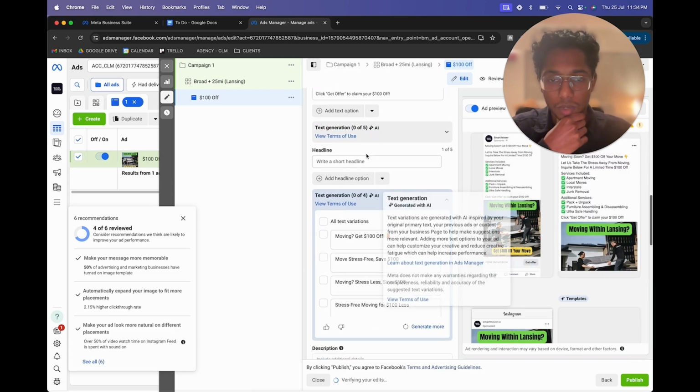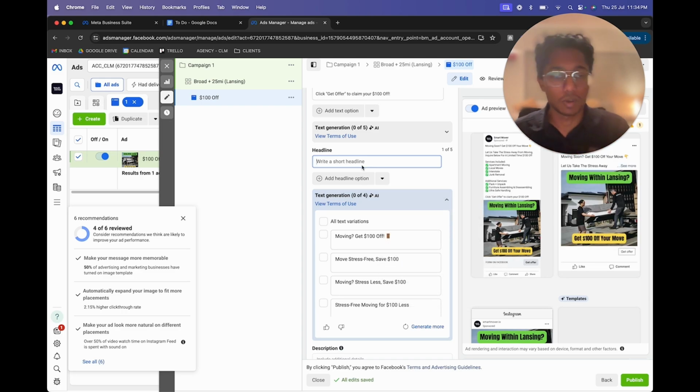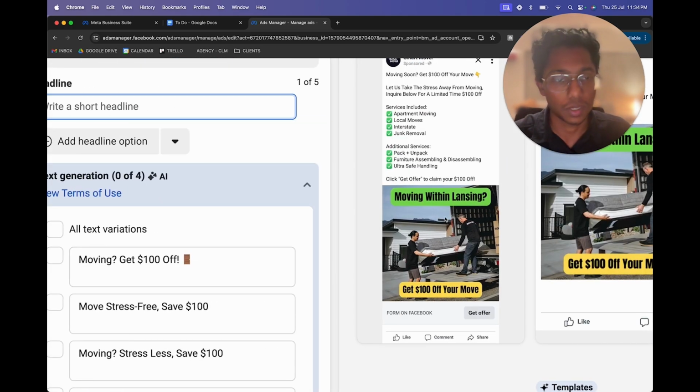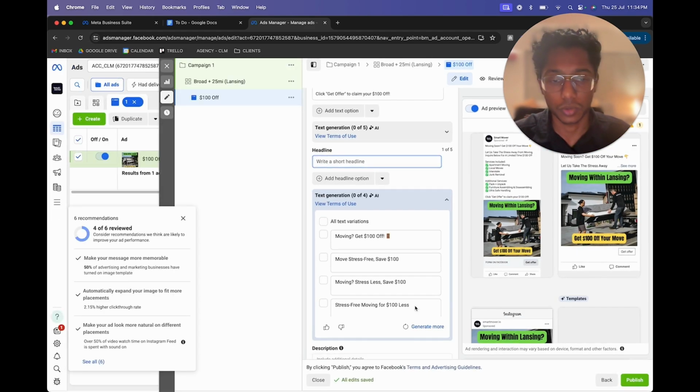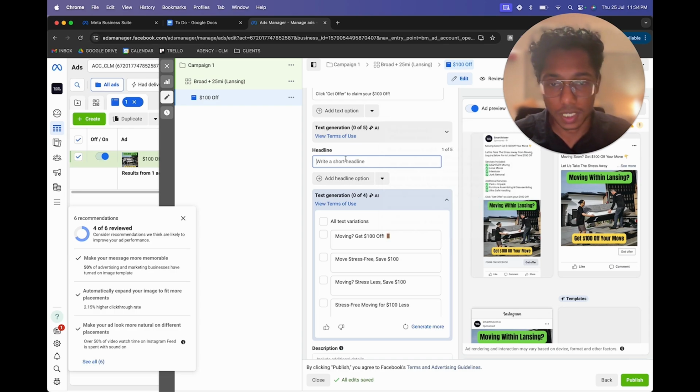After that, what you want to do is talk about the headline. Now the headline is pretty important, but it has to just flow, right? You've already mentioned the place where you'll be doing your moves, and you already mentioned your offer. So what you want to do with the headline is help them navigate where to go. They already know it's an ad, but call to actions always help. So what you want to say here is,